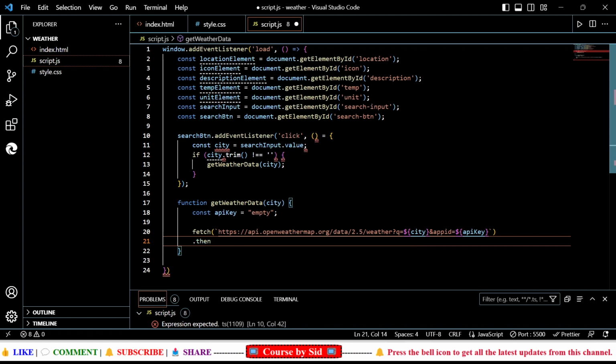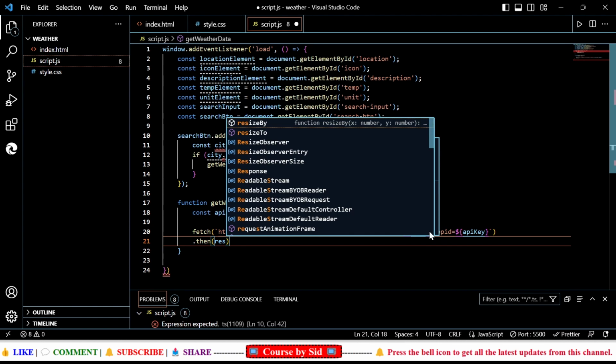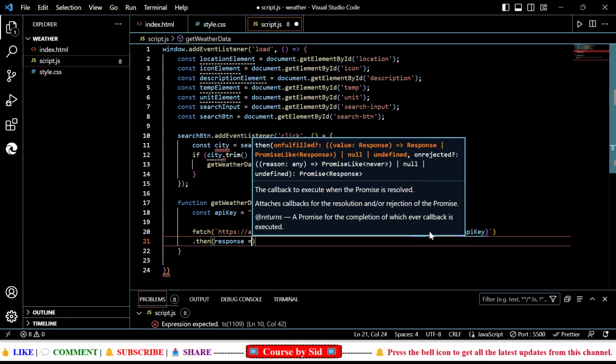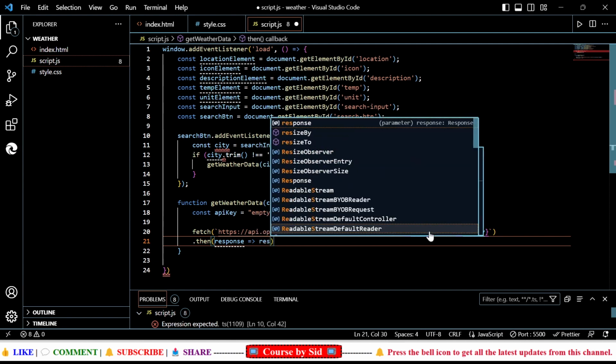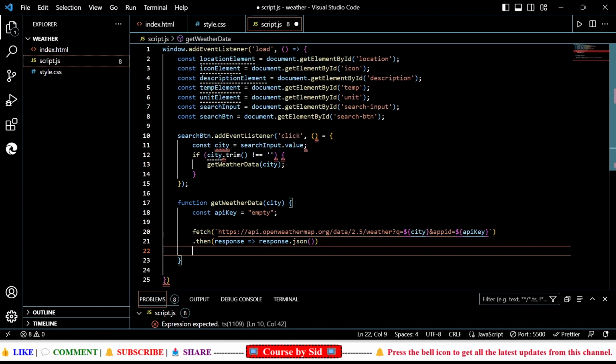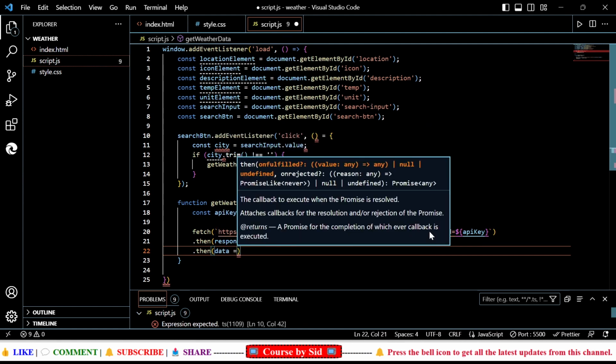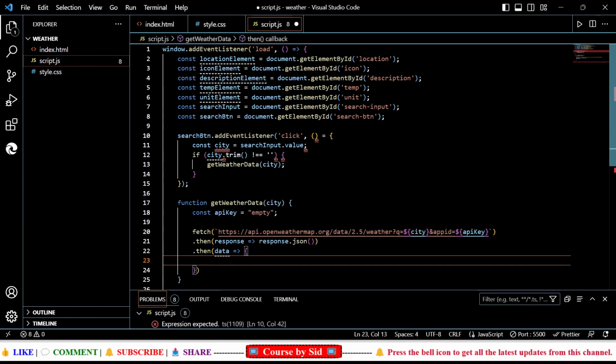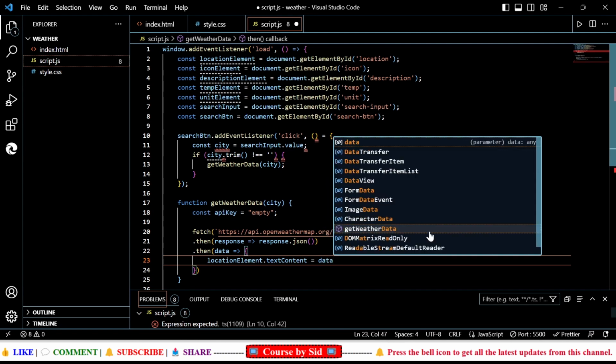I'll be using .then and then I'll write response.json, and then I'll write .then once again and here I'll write data, right, and then I'm going to write location element dot text content, and this will be equated to data.name